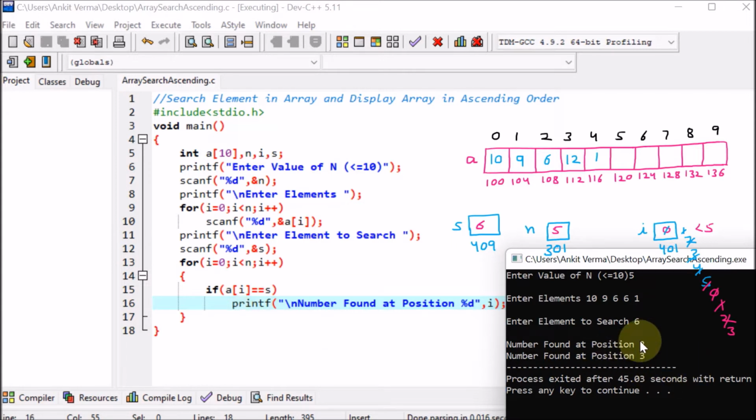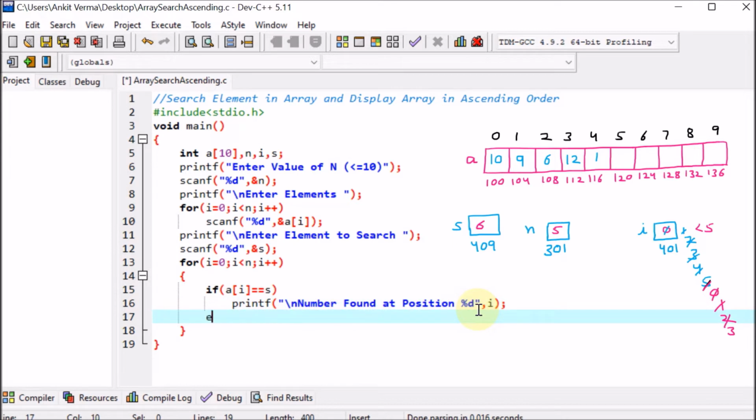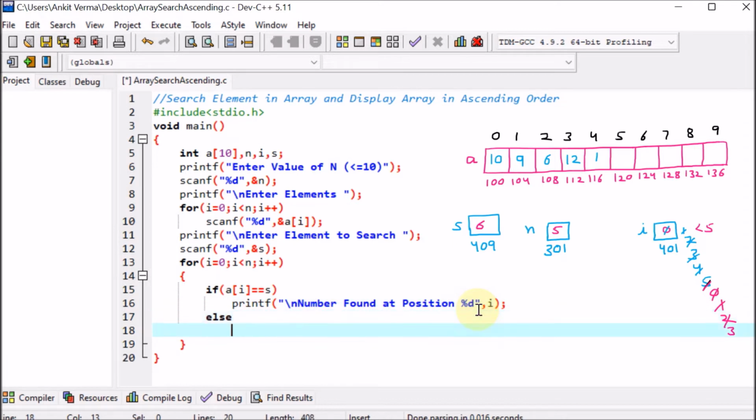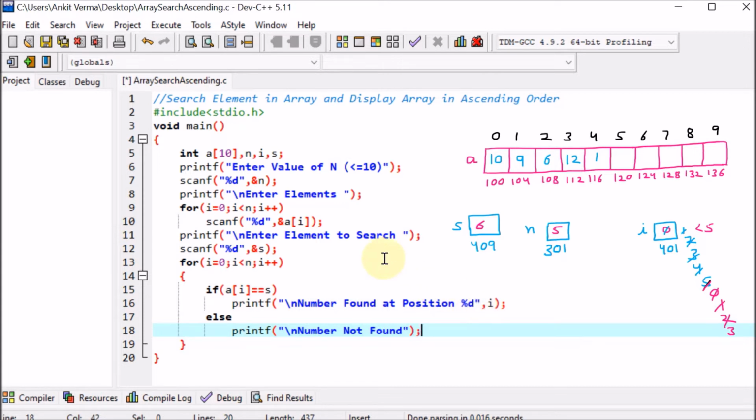Now we are going back and understanding how it should work if we have given a number which is not available in the list. Many people think that we should apply else here. So simply we should apply else here. Then afterward we say printf, then in the next line, \n, number not found. So I am going to run this code and tell you why it is not a proper way of coding.